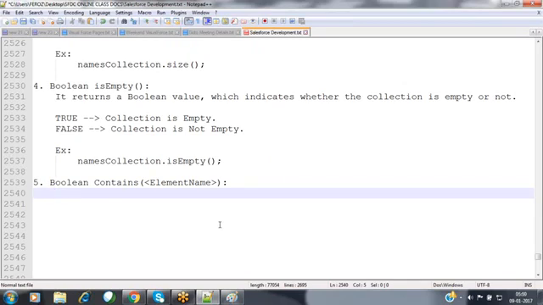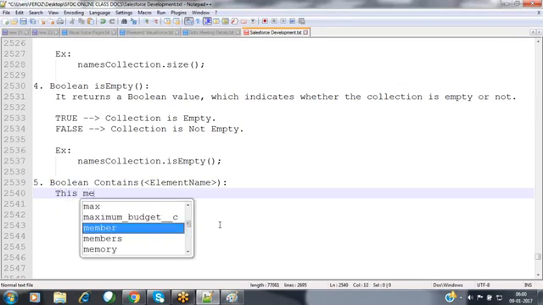I know one element name. Now I want to cross check that this element is already there in the collection or not. So for that here we are using the contains method. This contains method is going to be verifying the specified element exists inside the collection or not. If the element is available inside the collection, it will be returning true, or else it will return false. Based on that, we can add that element into the collection here.